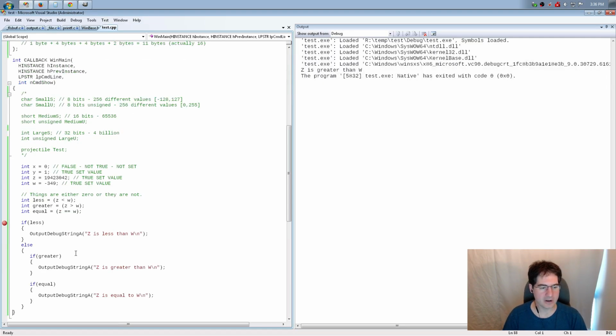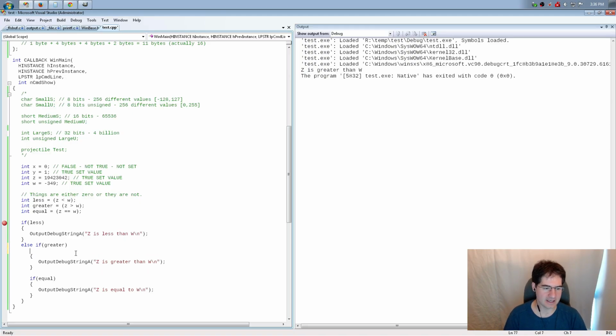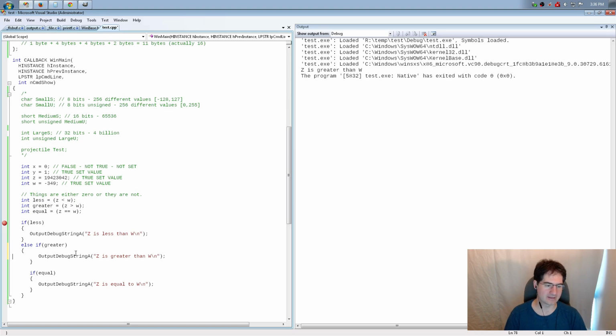But if I know that these things are all mutually exclusive, so I only want to ever do one of them, I can actually stack the ifs inside the else as well, right on the same line. And that will basically allow me to keep cascading ifs as long as I actually want to, as many as I want to, like this, right? And even at the end, I can have a final pass-through else, which is like, I don't know what happened. Something went wrong. What? Right?